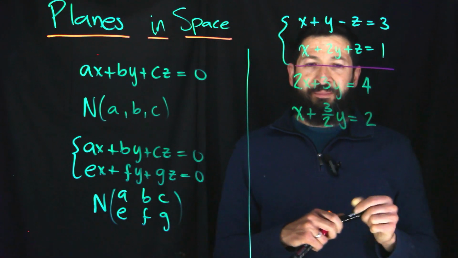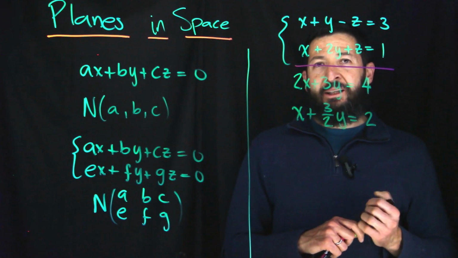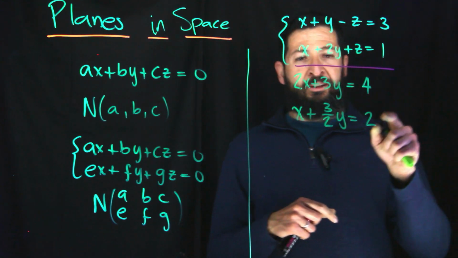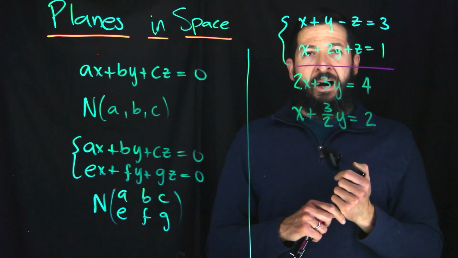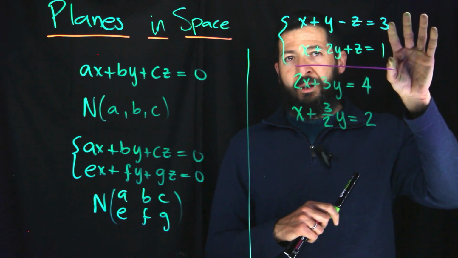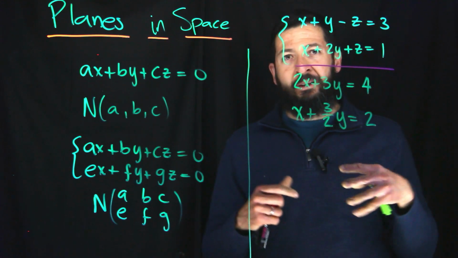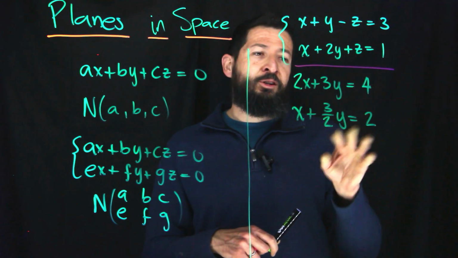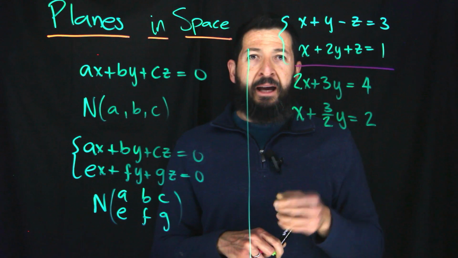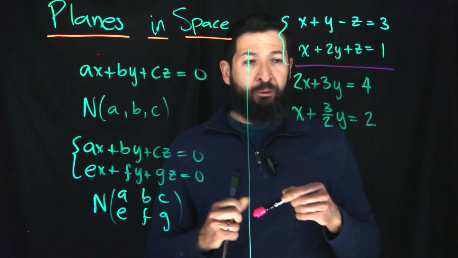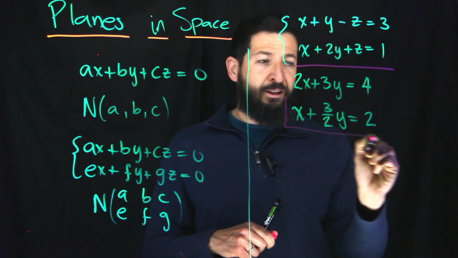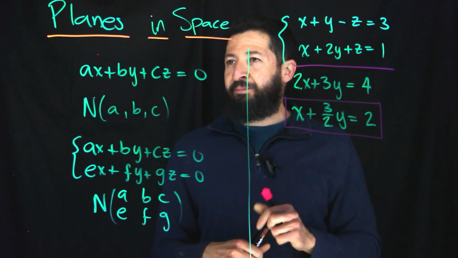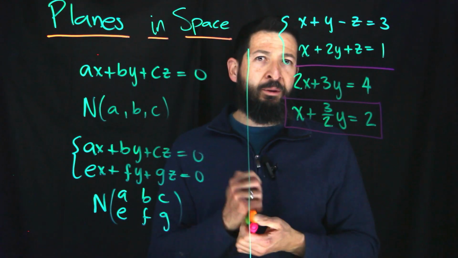Now, the only thing that you have here is that the planes are not identical. Why? Because you eliminated z, and so they're not multiples of each other. Because if they were identical, you would eliminate the whole thing, and you would get something of the form 0 equals 0, or 4 equals 4, or whatever it may be. But you would eliminate everything. So since you eliminated one variable effectively, and you cannot have a single intersection, then this right here is the equation of the line where they intersect. So it's given in general form, and that right there gives you the intersection. Not very exciting, but I think that's about it. I want to talk about